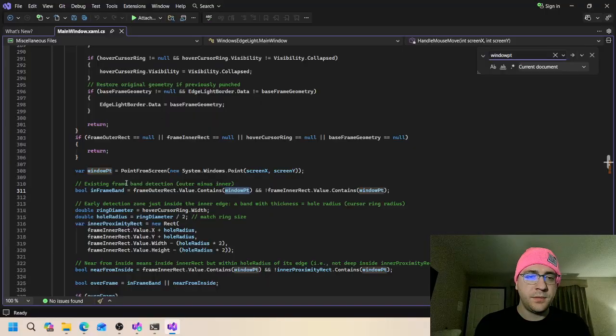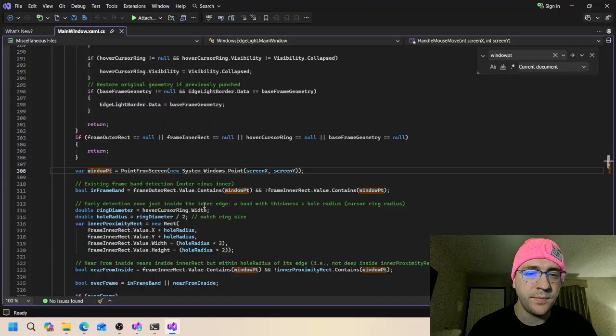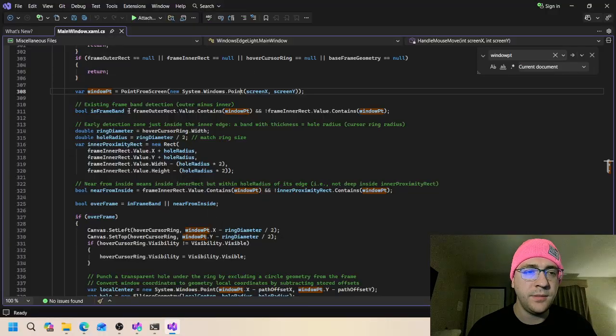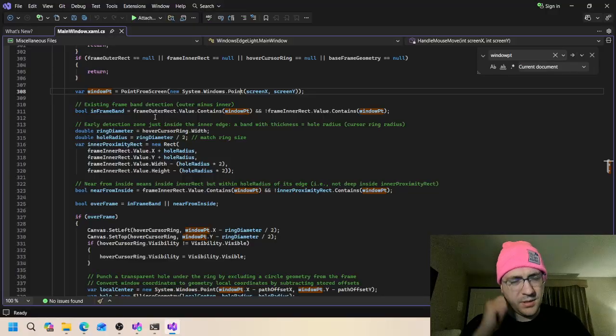Point from screen. Ah. So is this? Oh, no IntelliSense yet. Okay, I'm assuming that's the function with WPF that takes the projection from the mouse pointer and then projects it onto the screen for a pixel value or something. In frame band. So if the outer rectangle contains that value, which I'm assuming is just an x and y coordinate, if the outer contains it and the inner does not,